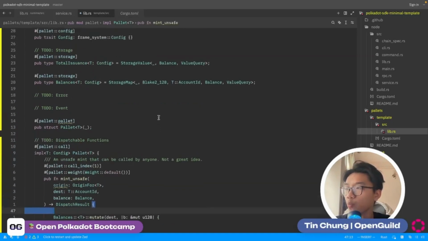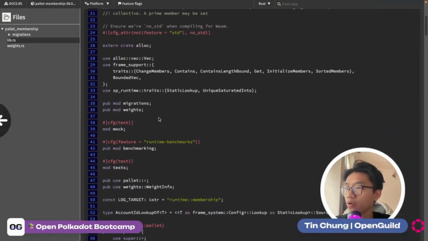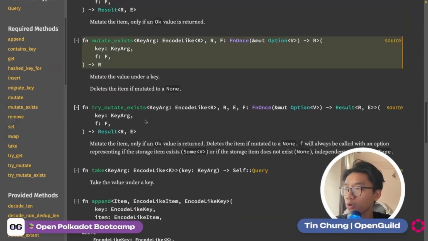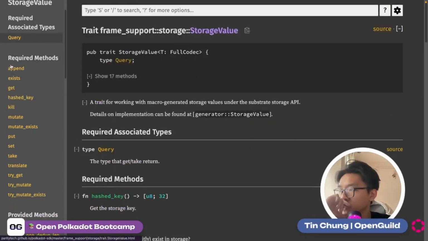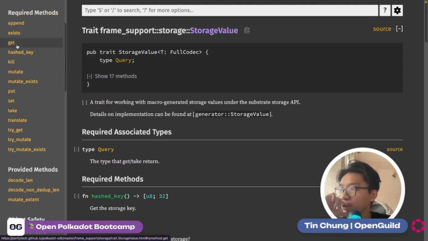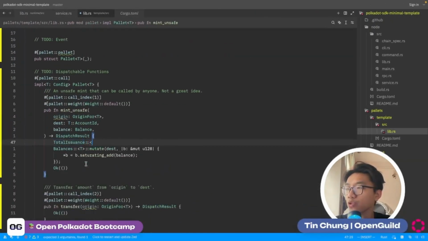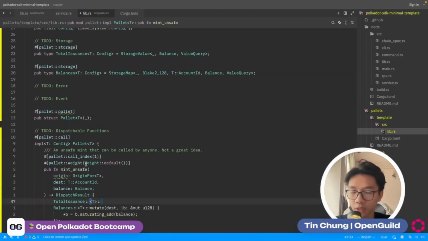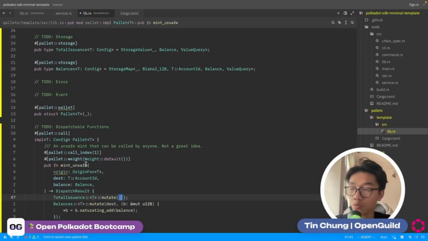And balance, and we also want our total issuance, and go back. We also want to know the methods that the stored value provides. So this storage value type is going to provide you put, set, take, get, and we want to increase the value of the stored value. So maybe we could use mutate as well. That will mutate the existing value of the total issuance. For the mutate, you don't have to specify the key because it's just a scalar, and you want it to be issuance,